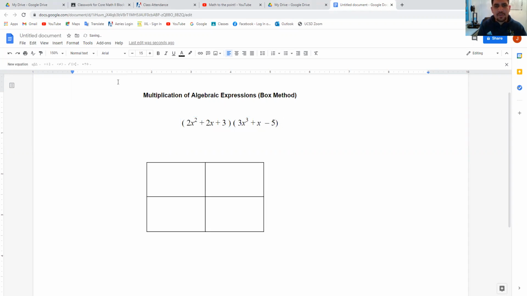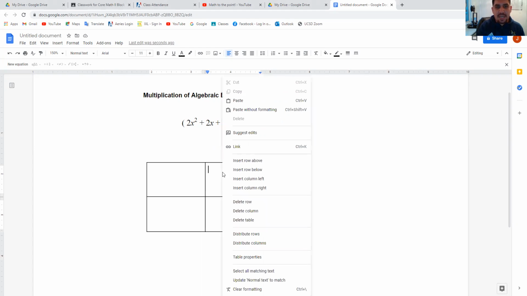Okay, so Mr. Arias, what if we have this crazy problem in which we have to multiply these more complex and more challenging algebraic expressions? That's perfectly fine, ladies and gentlemen. This technique will be perfectly fine. The only modification that you have to make on this rectangle is that because now we have 3 terms in each parenthesis, we are going to be creating